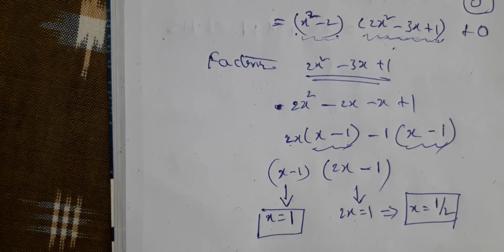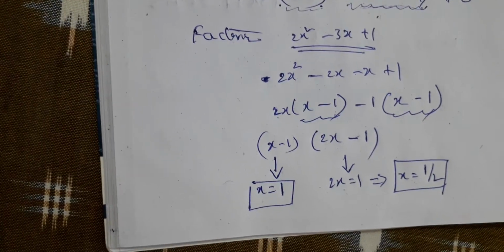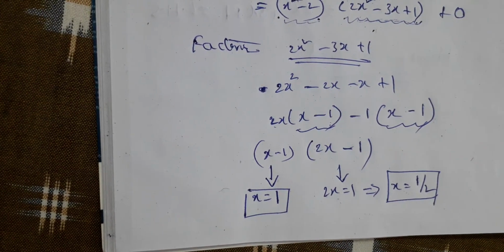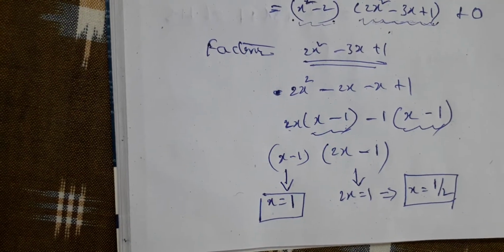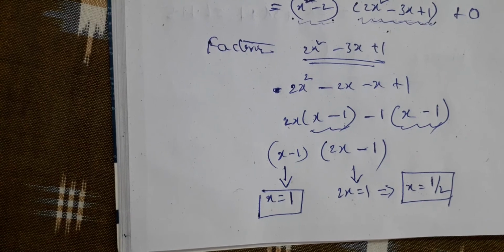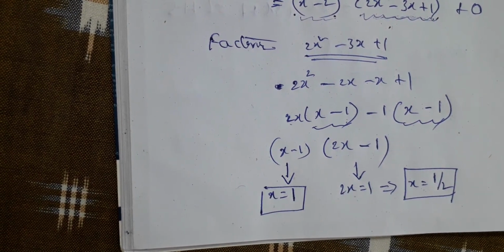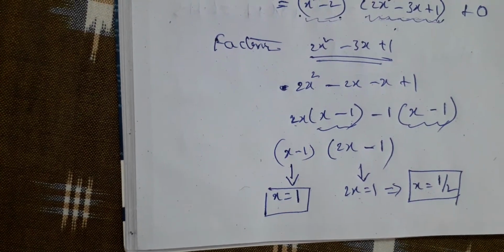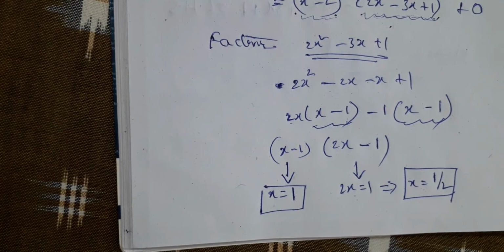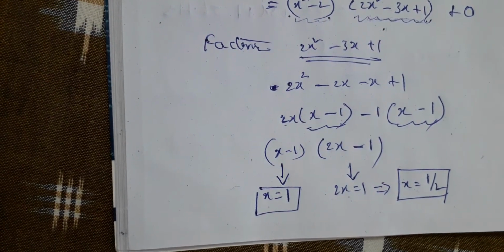Okay children. So already two roots are given to us, that is root 2 and minus root 2. And the other two roots are x is equal to 1 and x is equal to 1 by 2. How did we get this one? From x is equal to root 2 and minus root 2, we determined g of x. Then we divided the given polynomial with g of x. Then we got q of x value. And q of x further factorized. Then we got the values of x. So the other zeros are 1 and 1 by 2.